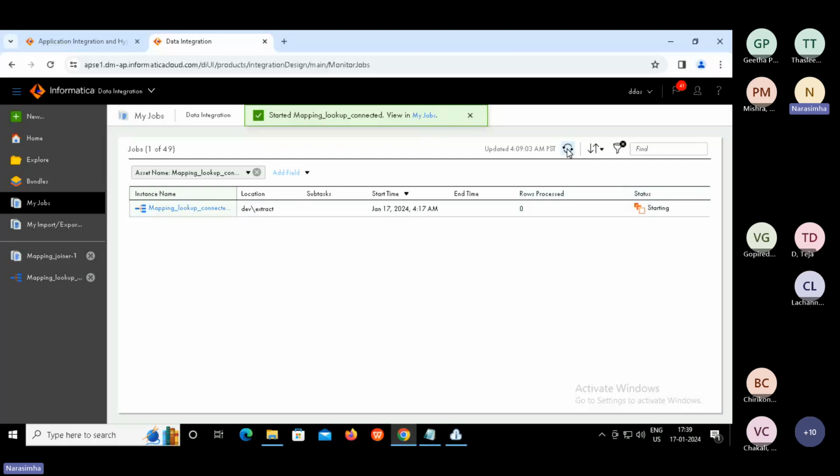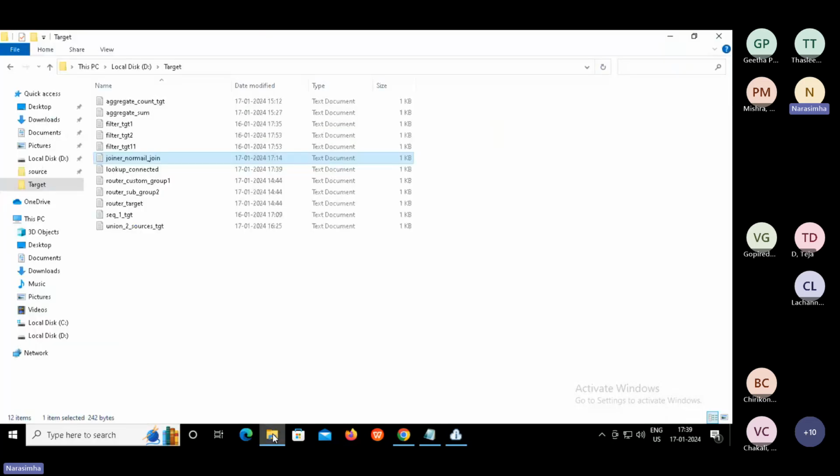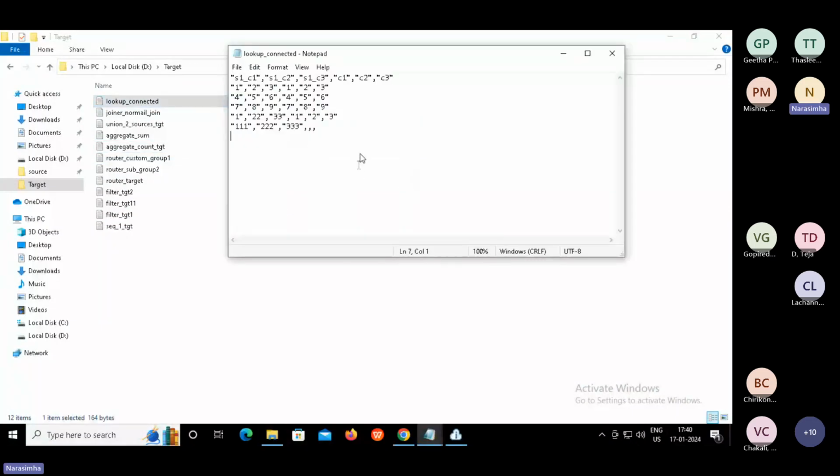Try to refresh this. See, we got 5 rows here. So remember, guys, lookup is equal to left outer join. Remember that. Now let us see the result. Lookup connected, right? Here, can you see?